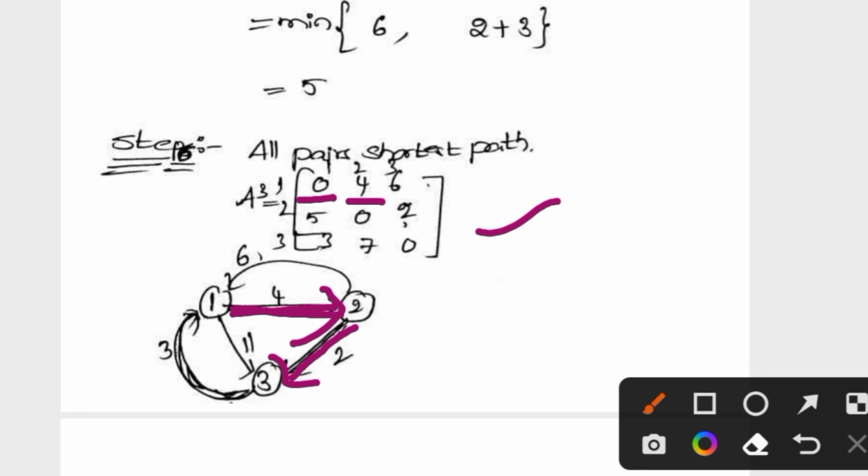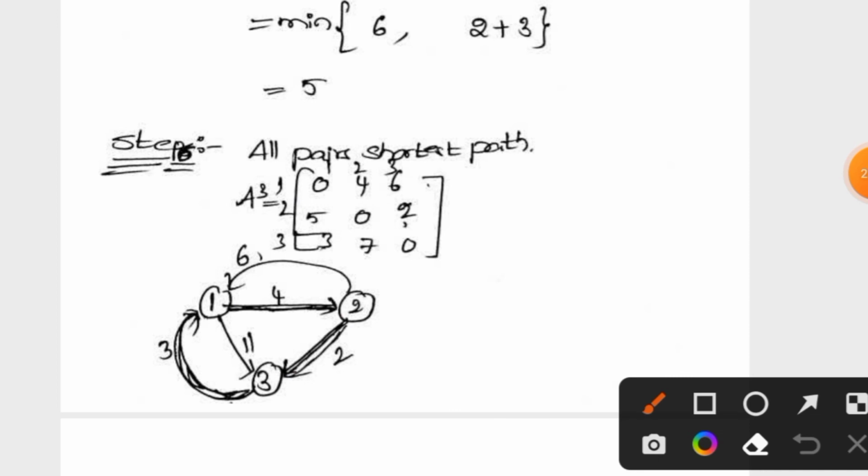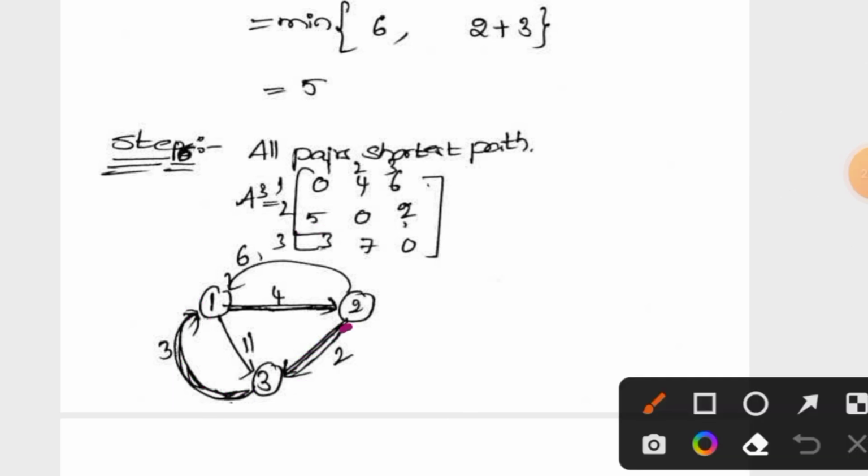4 plus 2 is equal to 6, and we take the next row, that is 2 comma 1 value, which should be 5. That is second node to first node, the value should be 5. See here, 2 to 3 we have 2, and 3 to 1 we have 3. So 2 plus 3 is 5. So now we got the correct value. Next we see 2 to 2 there is no edge, so leave it, and 2 to 3 we have the minimum edge value, that is 2. See here, 2 to 3 we have only the minimum, there is no other path here.